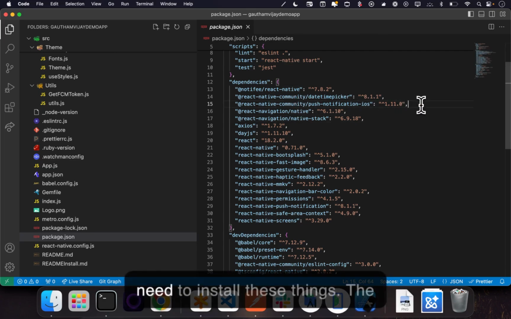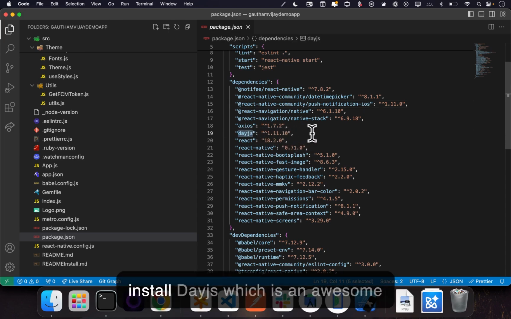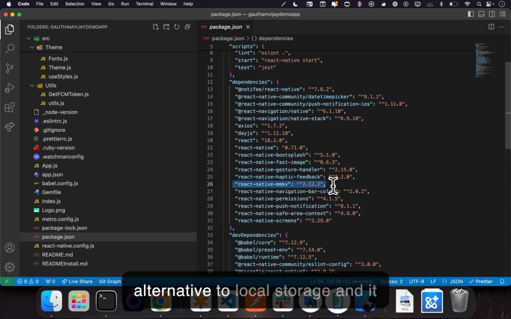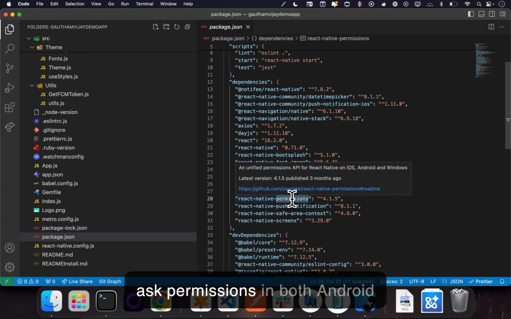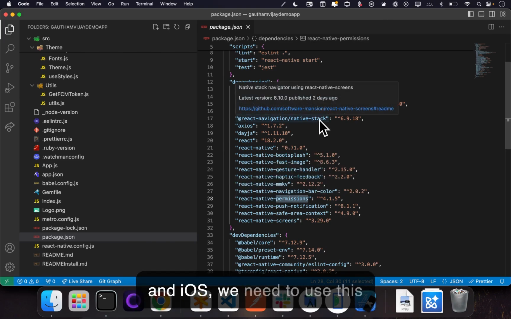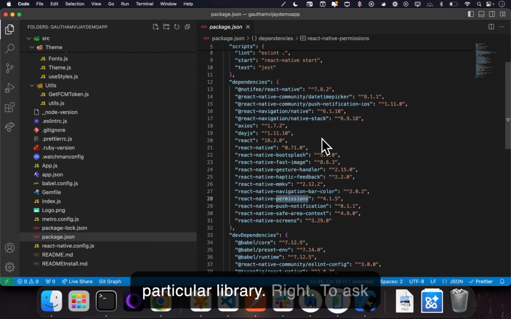The next one you have to install is Day.js, which is an awesome library for date and time handling. We would also be using MMKV, which is an alternative to local storage, and it is blazing fast. The last one would be the permissions library. In order to ask permissions in both Android and iOS, we need to use this particular library, to ask permissions for